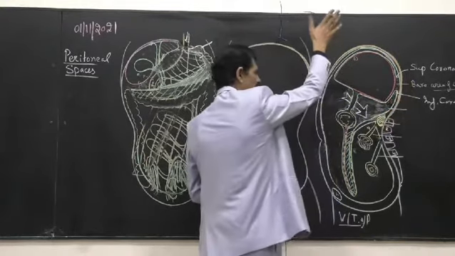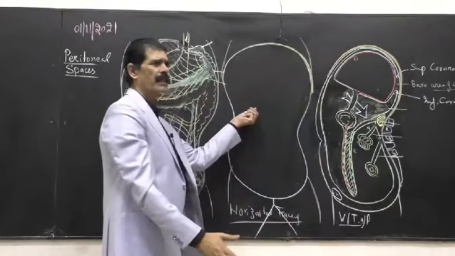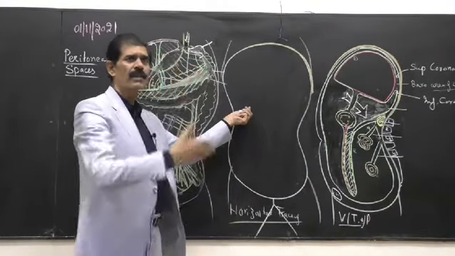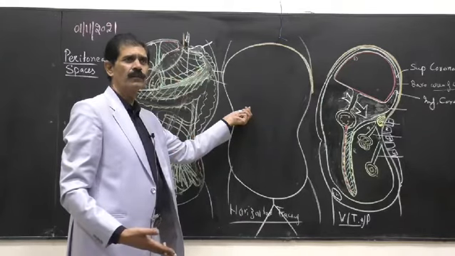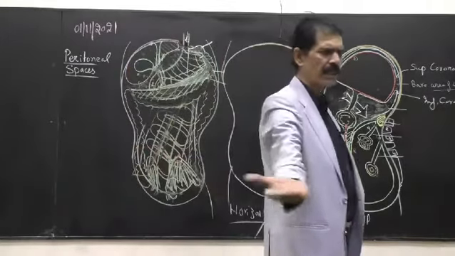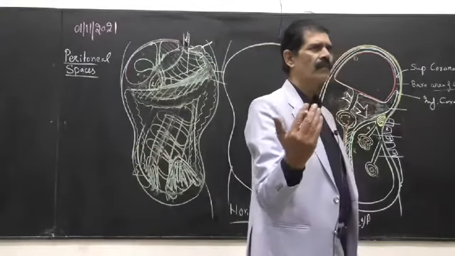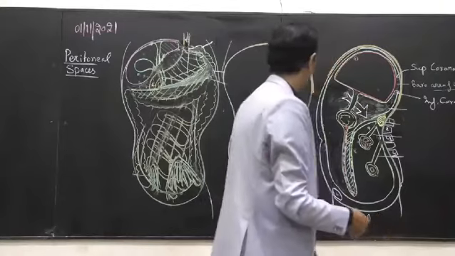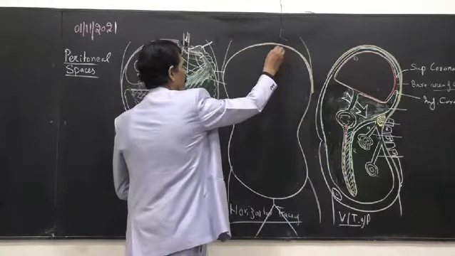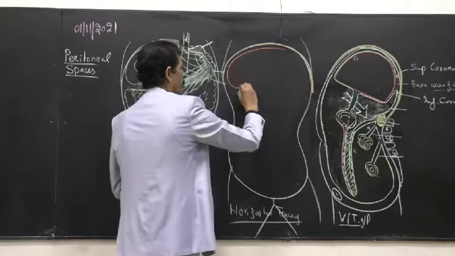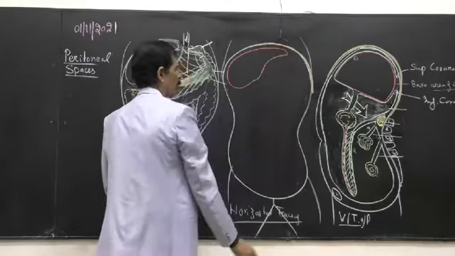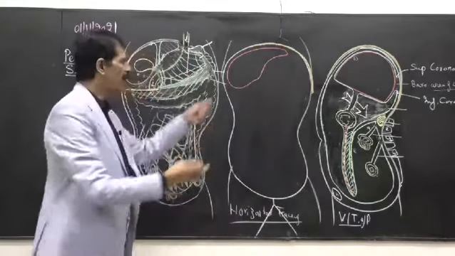This is the sagittal section, and this is the section of the abdomen. Coronal or horizontal: if the patient is lying, if we are making like this, this is the horizontal or coronal section. So the liver lies below the right dome of the diaphragm and a little bit on the midline crosses onto the left lobe. The right lobe is big.